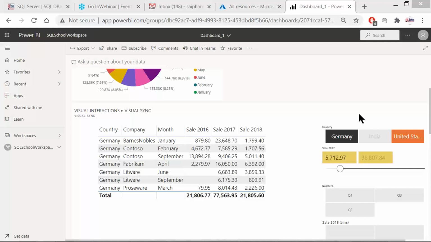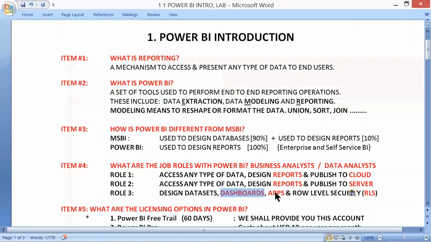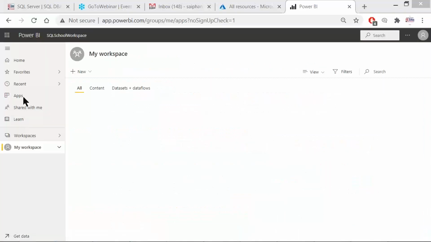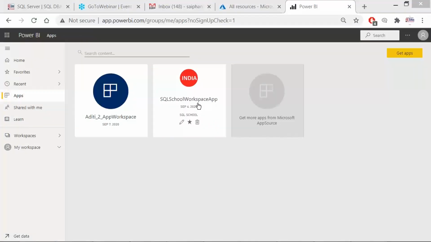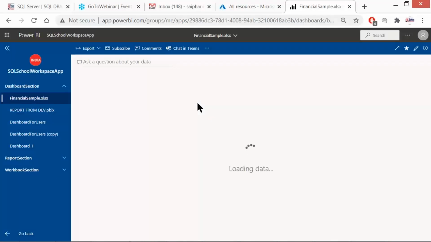And not only that, back to my notes, we have apps. We say Power BI apps. The Power BI apps refer to a collection of reports, dashboards, and a few other ingredients that can be used for easy access by the end users.